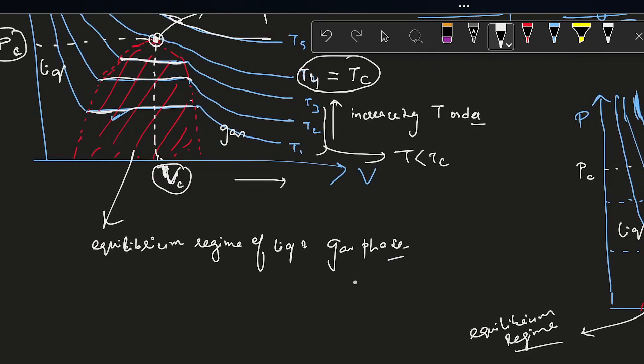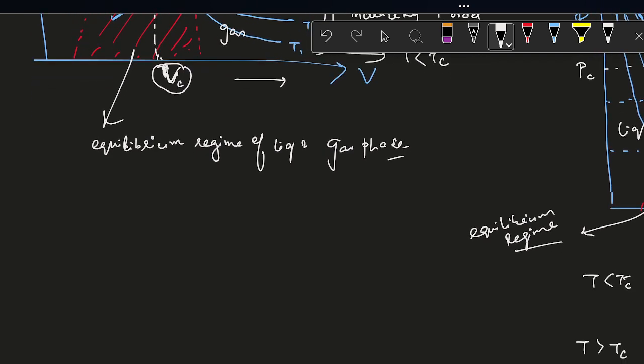Because mathematically you can see that this critical point that we have identified is nothing but the inflection point that you know from the mathematics of a graph, that there is some inflection point when there is a certain curvature change of a graph, right? So this is the inflection point of this p versus v graph. That's the property of an inflection point: there the slope of the graph will be 0 and the derivative of the slope will also be 0, because